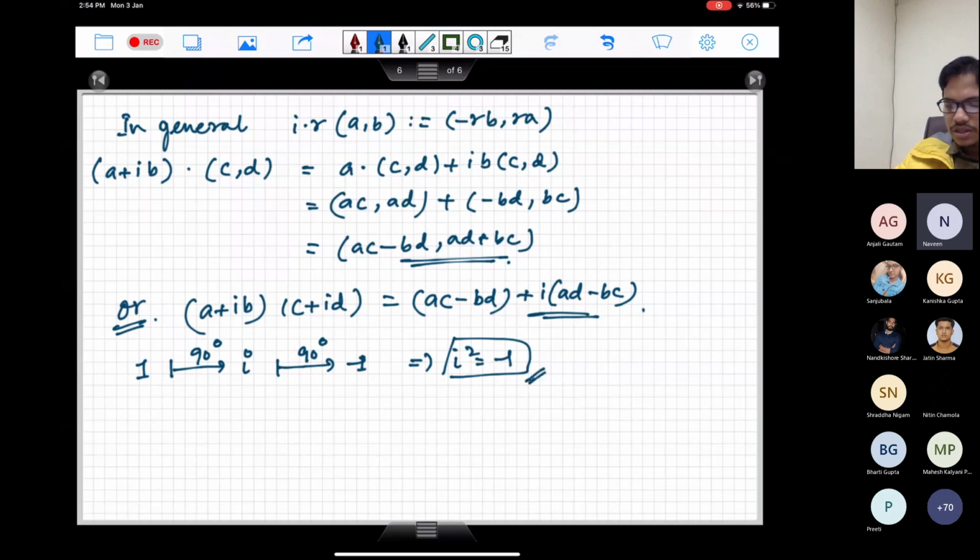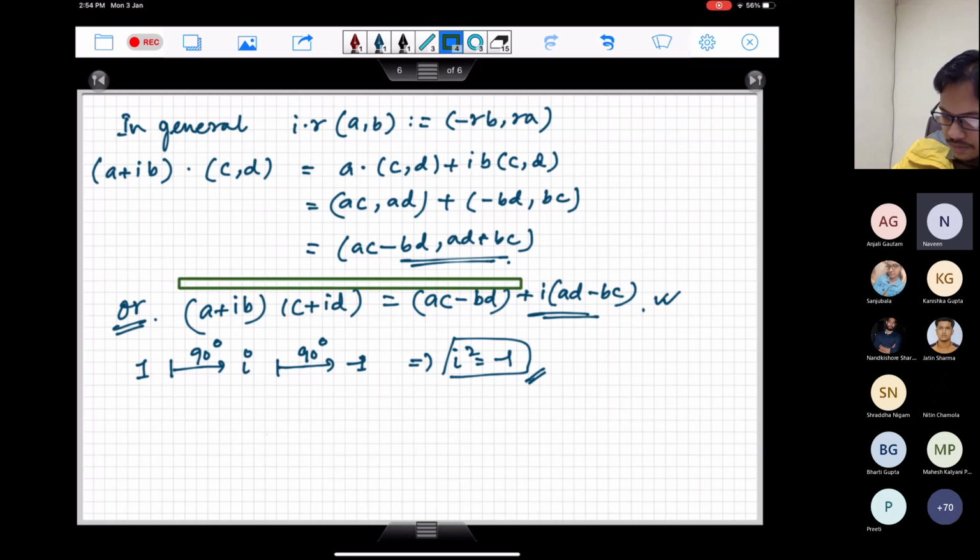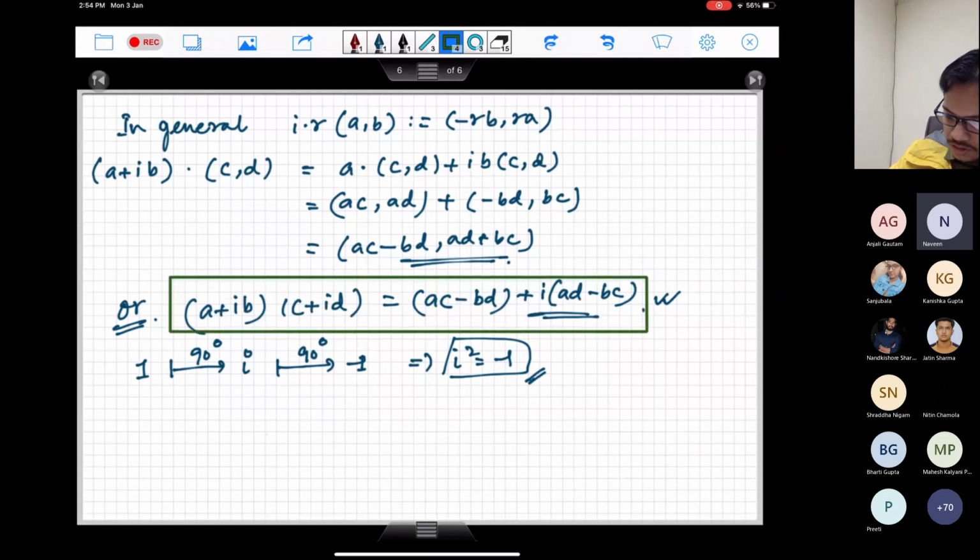Okay, so if you of course use this i squared equal to minus 1, again you are going to get this one. If you just multiply a plus ib with c plus id as, let's say, polynomials in i, you can just treat them as polynomials in i and multiply, and you are going to get exactly this expression. Okay, so these are the same, there is no difference at all. So this is exactly the multiplication that we get. Okay, so this is the complex multiplication that we wanted,